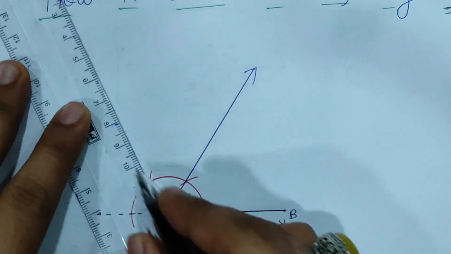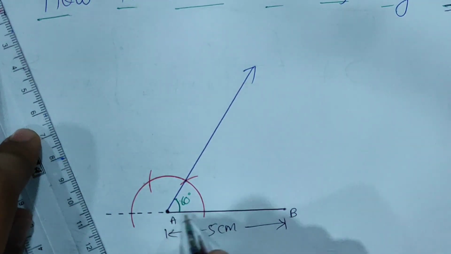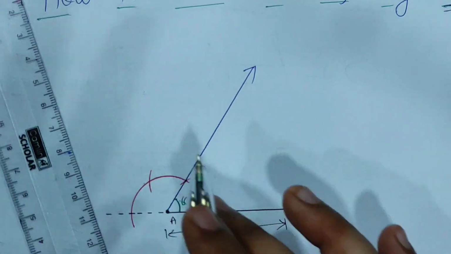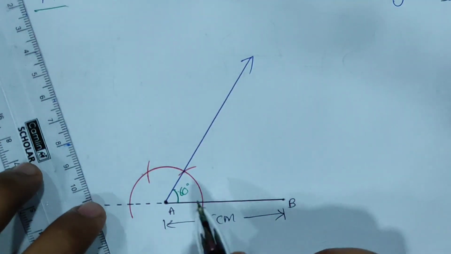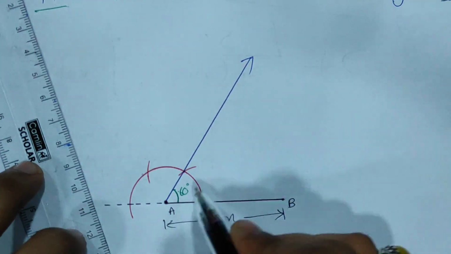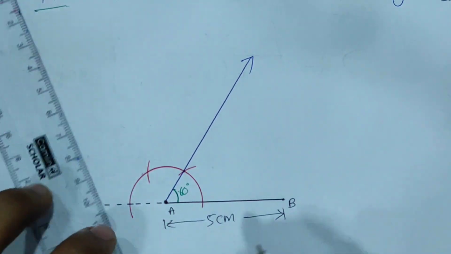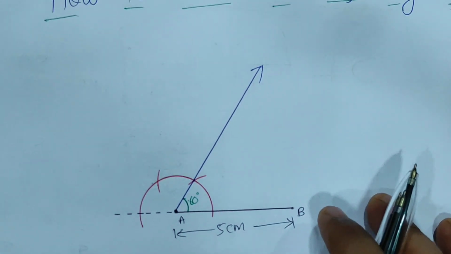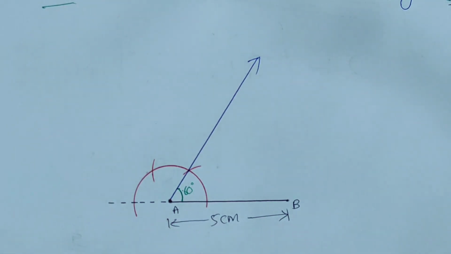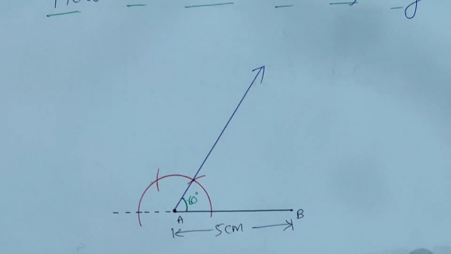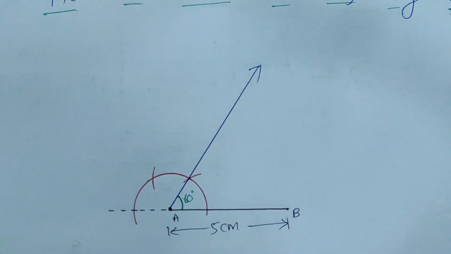Just for your knowledge, if you join this point A and this point, then this will be 120 degrees, because this is 60, this is again 60, and this is again 60, since totally it was 180. But 120 is not there right now in our current syllabus. I just wanted to explain how to draw 60 degrees. If you join this, the total becomes 120 degrees, which is an obtuse angle. So this is how we draw an angle of 60 degrees. Right now I want all of you to make this angle. Pause the video please and do it very quickly.